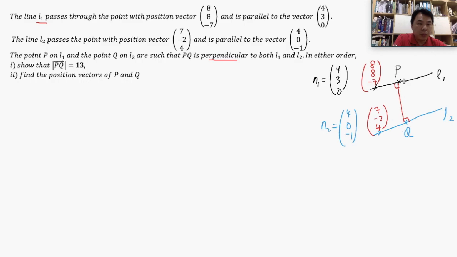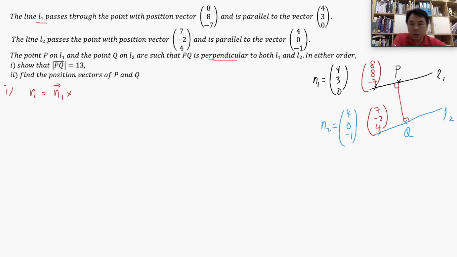To get the direction vector that is perpendicular to both L1 and L2, I will need to get n equal to n1